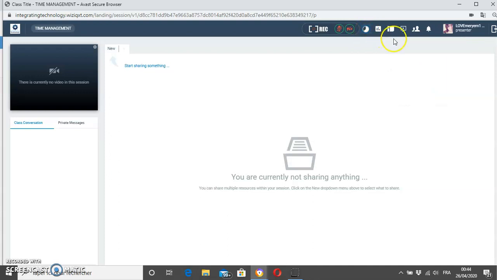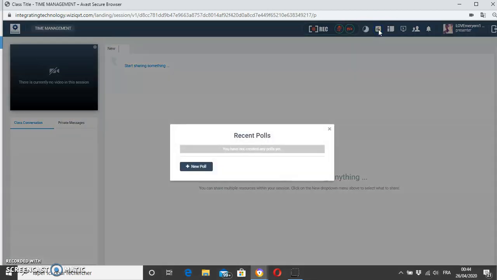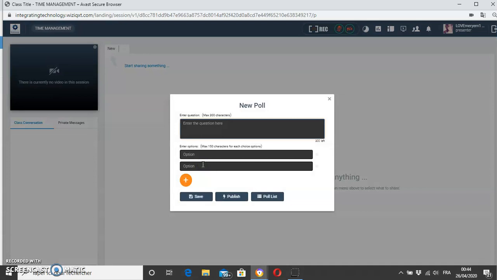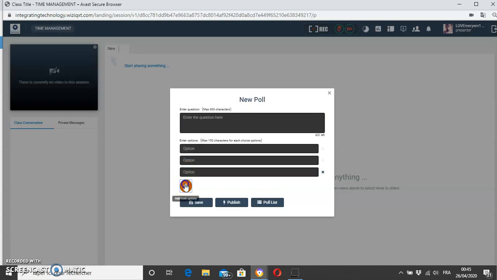Next to that, we have polls. Alright, let's see it. So this poll feature is simply an option which gives you the feasibility and practicability to pose questions to your students. So you just click on New Poll and write the question. You can also write down two options to enable your students to choose the correct one. And if you want, you can add more, maybe 3, 4,